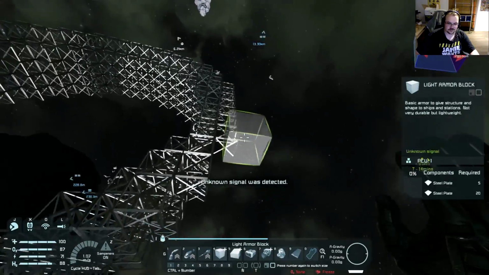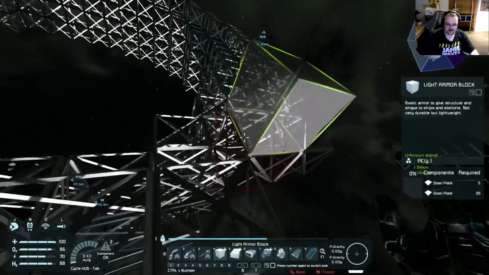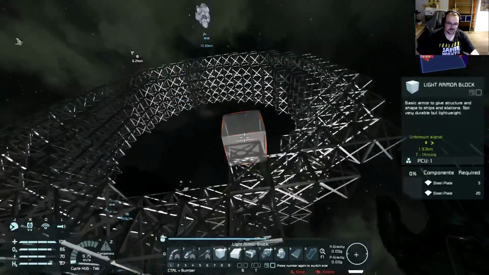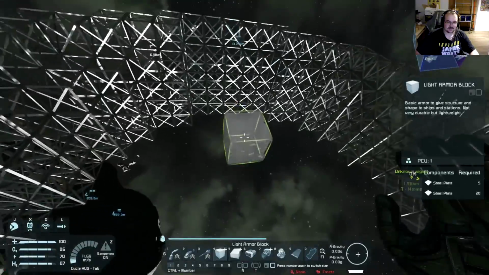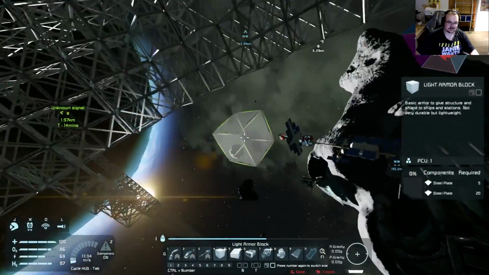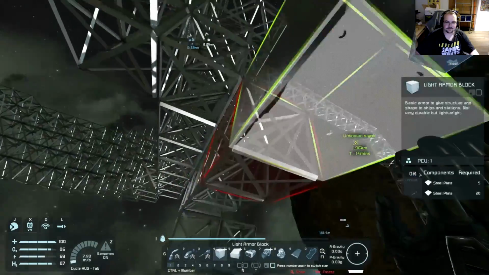So let me see. What was that? That was 1, 2, 3, 1, 2 around the corner. 1, 2, 1, 2, 3. Yeah, there we go. Okay, yeah, that starts to look interesting, doesn't it? And then we're gonna do the same thing on the lower level, of course,